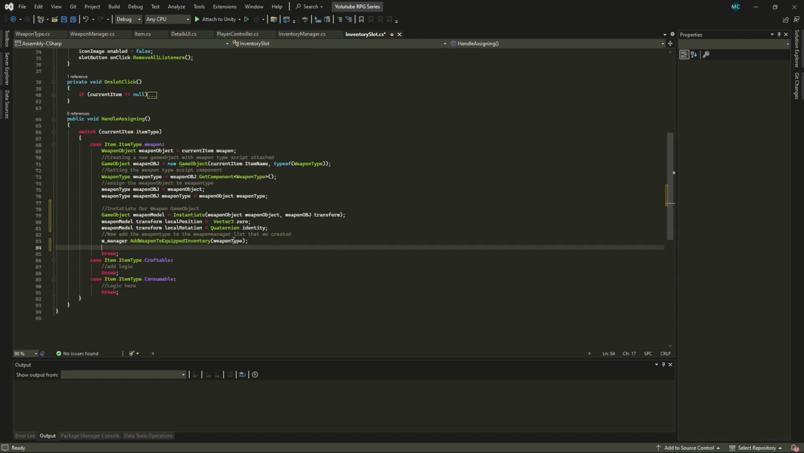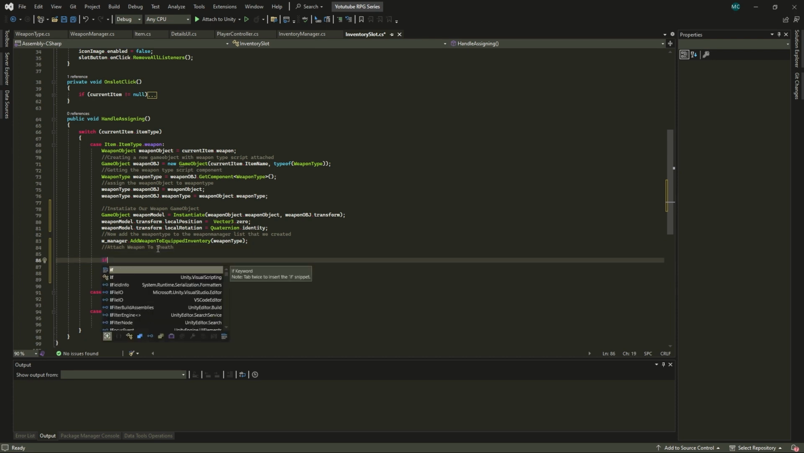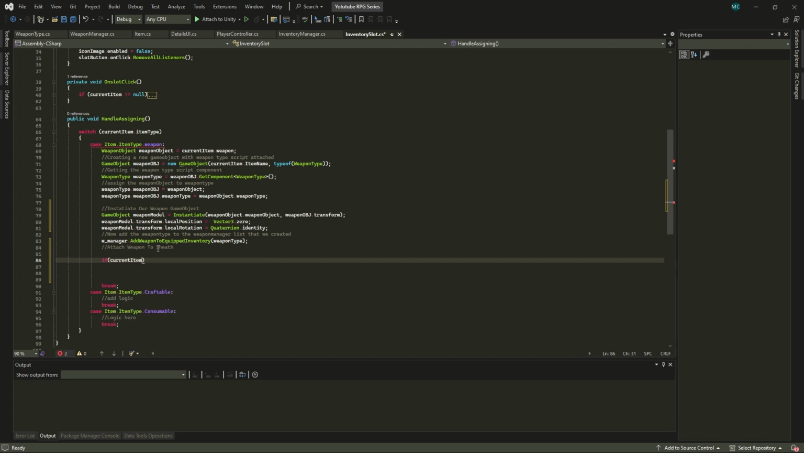As soon as that is done, make some lines. We're going to say, now here we want to attach weapon to sheath, because once we've equipped it from our inventory, we want it to show up on our player. Okay, so this is why we're going to do that. So let's write a few if else statements. So we're going to start with the first one. If current item dot weapon, dot weapon type is equal to weapon obj